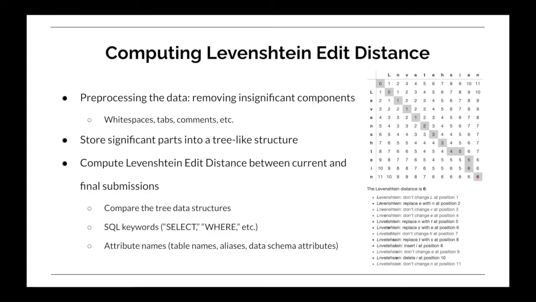We have preprocessed SQL queries to remove insignificant parts in the preprocessing module, such as comments and redundant punctuation, including new line characters and white spaces. The results are then stored in a tree-like structure based on the structure of the query. The SQL keywords and attribute names are separated into 2 groups and then iteratively compared to sum the total Levenshtein